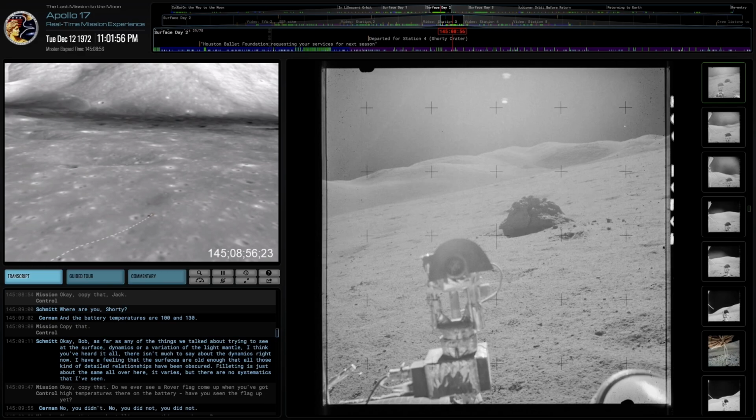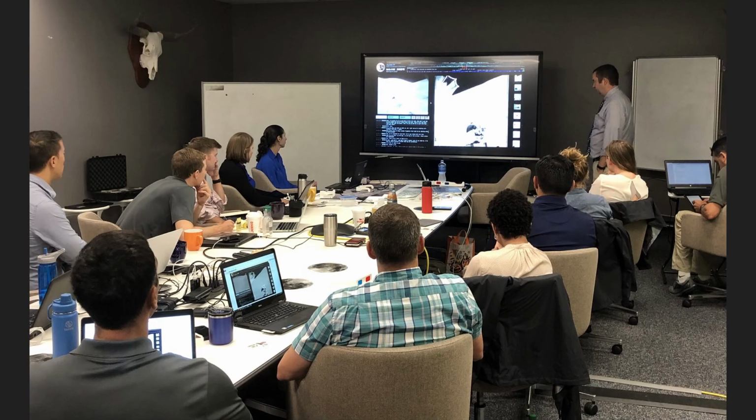In planetary science and in this business of space travel, details really, really matter. And that extra layer of detail is valuable. So here's an example of a picture that was taken that someone sent me.